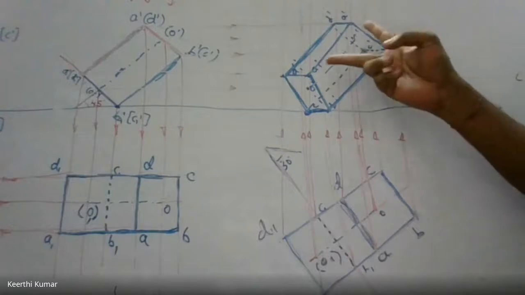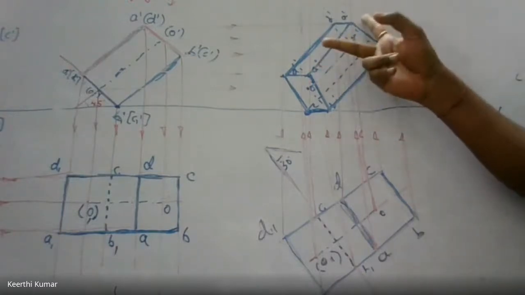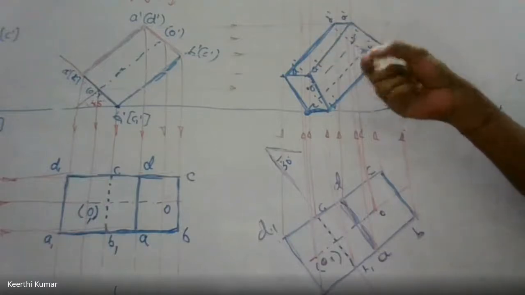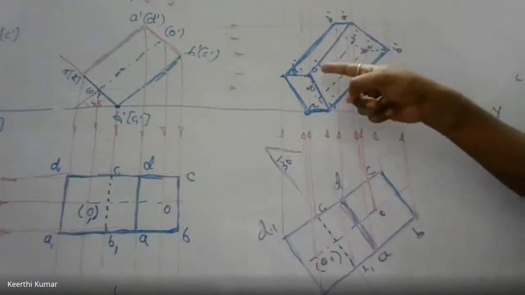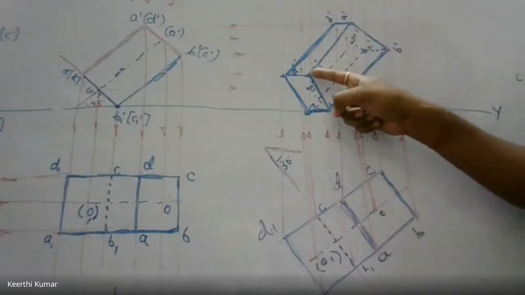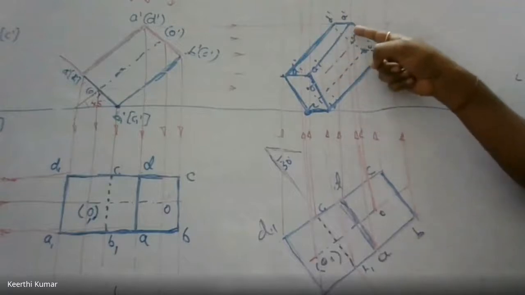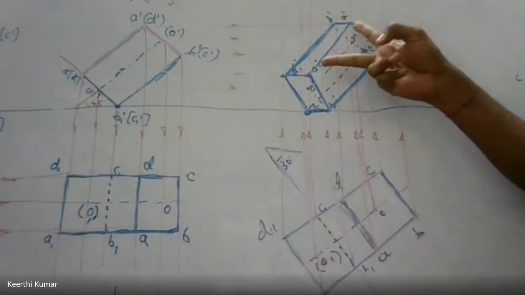Now you should check where I am supposed to connect from and to. I am supposed to connect from A to A1. Out of those two points, which is inside the outermost? A1 is inside, because A is already in the outermost line. From this point, we already know there are two visible edges passing. Another one should be visible. A to A1 is finished.